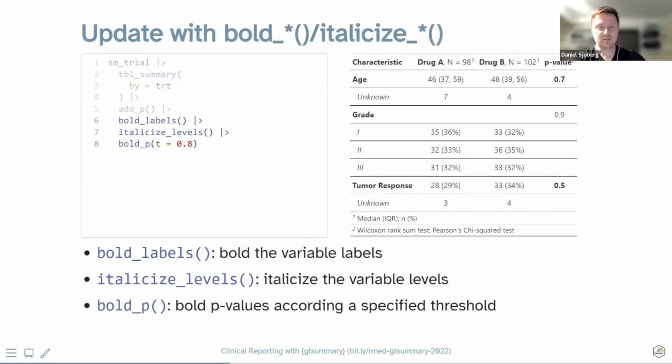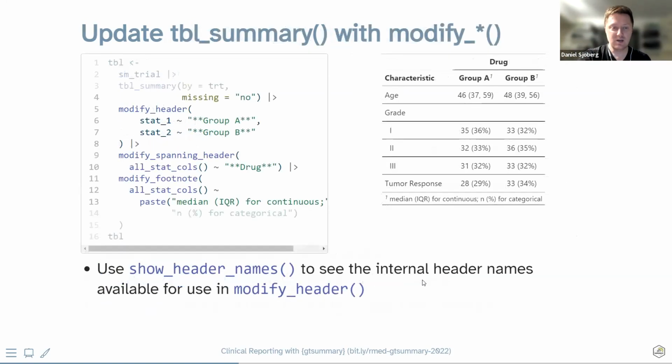And just to round it out, some bolding and italicizing. You can bold the labels, you can italicize the levels or bold them as well. You can bold significant p-values. The threshold default is bolded if it's less than 0.05, but I had to increase the threshold to 0.8 to actually get something to bold in this table, because many years ago when I simulated this data set, I really should have put some stronger relationships in here, but it is what it is. It's too late to change, I feel. So anyway, cute ways to style your tables, I think.